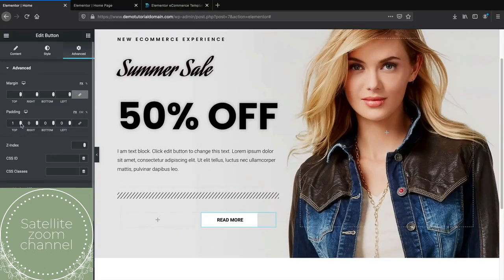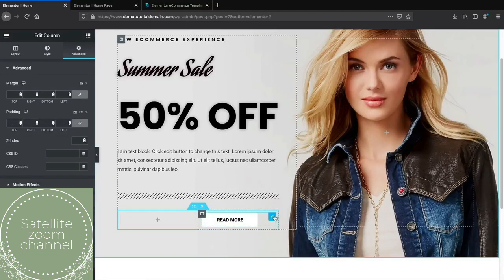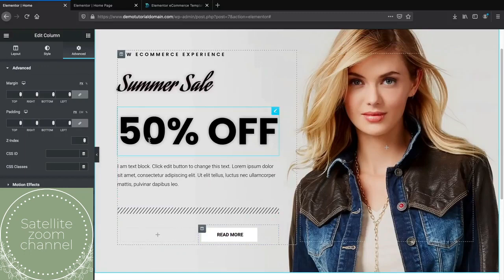There you go. Sometimes there's padding applied to a specific module, and it's hard to know if it's the actual column or the actual elements, but it's the same result. So you have to just click on both sometimes. So we have the button there. Now let's add in the other